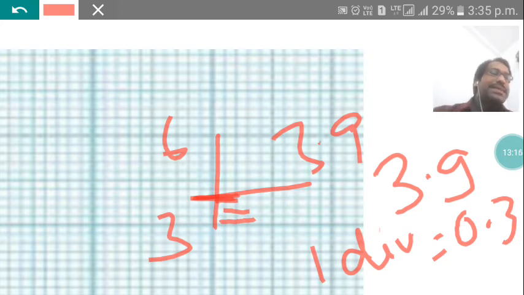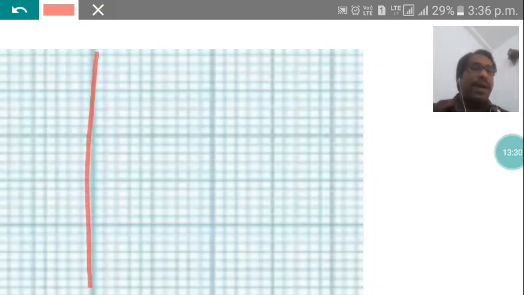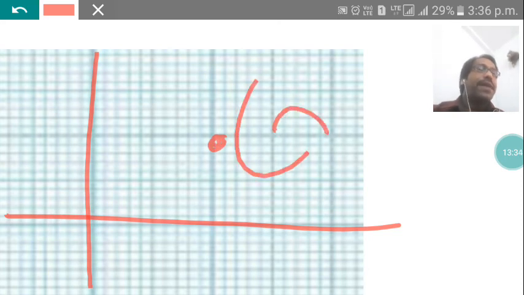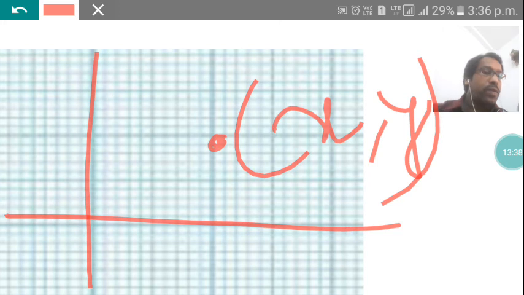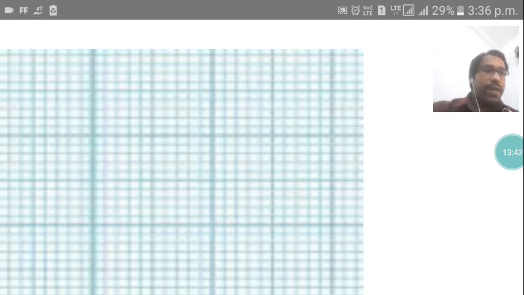So basically this is your coordinate geometry. First we read about all these planes, x-axis, y-axis, and then finally the graph. And you know very well what you have to write. If any point is given, suppose this is my y-axis and this is my x-axis, first of all I will write my x and then I will write my y. This is the rule, don't forget it. So this is what we have learned today in our coordinate geometry class.